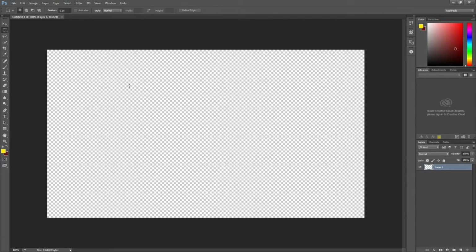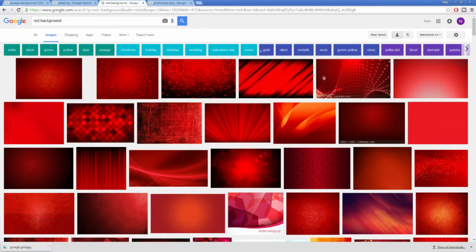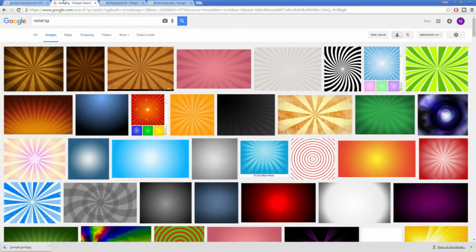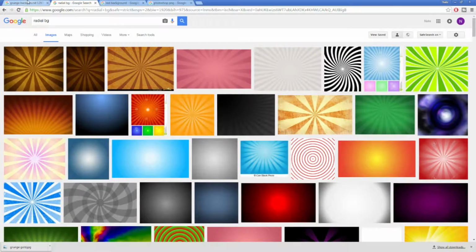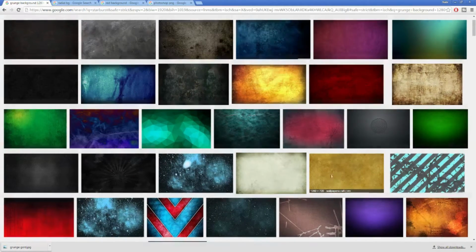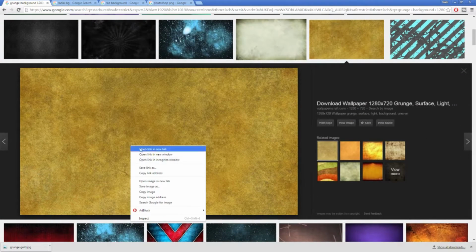First thing you're going to want to do is find a background. Now you guys can always go on to Google and look up pictures backgrounds or anything like that, but I usually go with a grunge or radial red starburst, anything along those lines. A background that fits the canvas. It has to be at least 1280 by 720 so it doesn't look stretched or pixelated when you go in and edit it later. But for now, why don't we just go with this golden wallpaper,